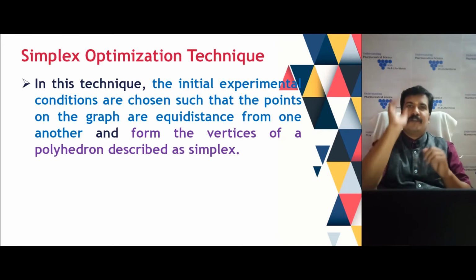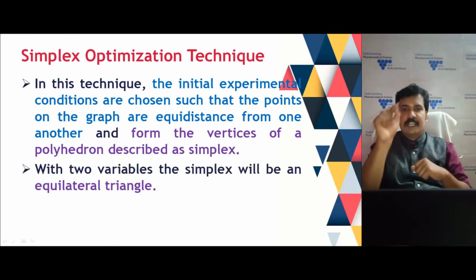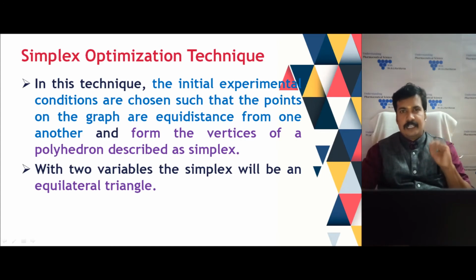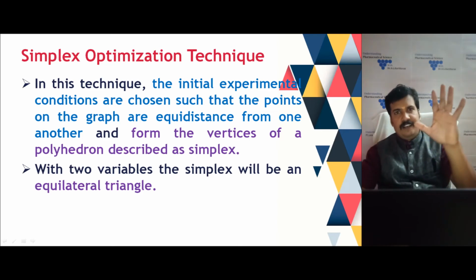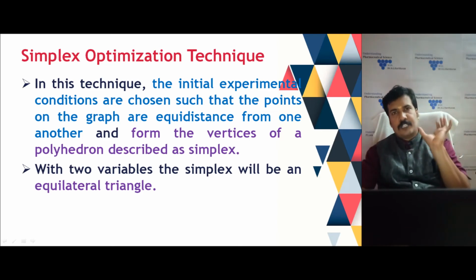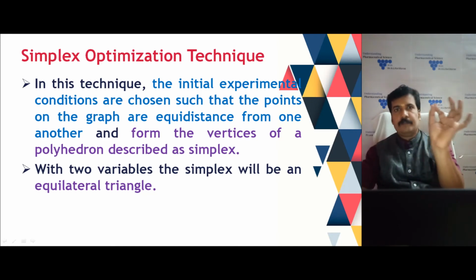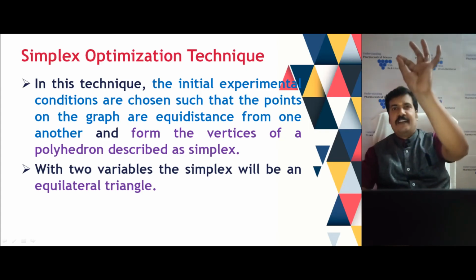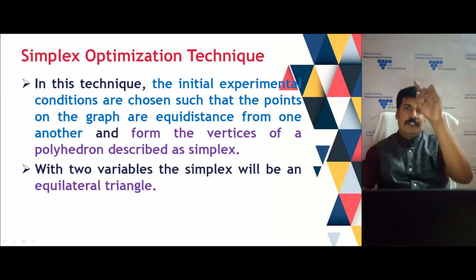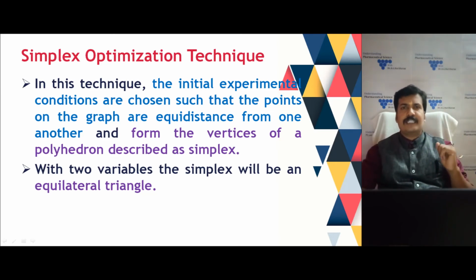Then we perform the third. This way we will get 3 vertices. It forms a simplex. That means, consider initially I am starting an experiment with a point A, that is a carbon source and a nitrogen source, and I am doing another experiment at point B. I have 2 vertices, point A and B. From the distance between point A and B, I am creating a third vertex, that is point C, which is equidistant, which forms a triangle. This one we call a simplex.